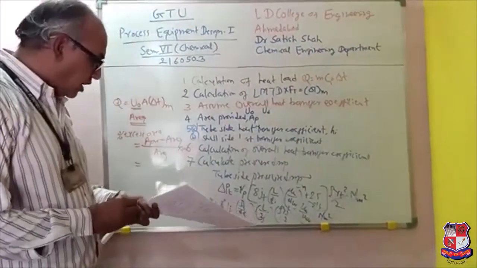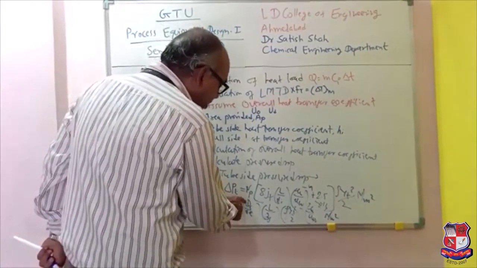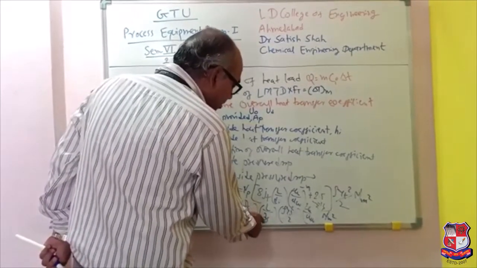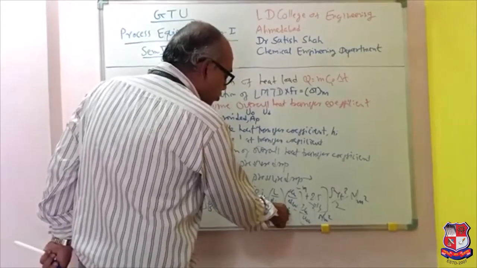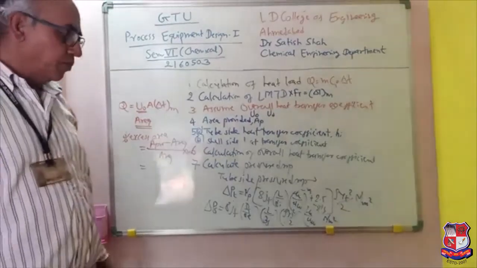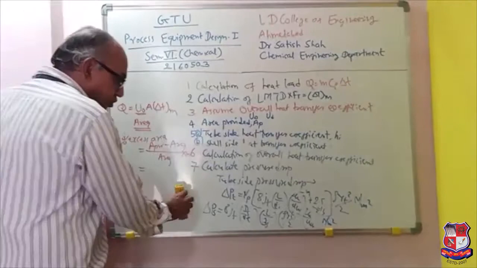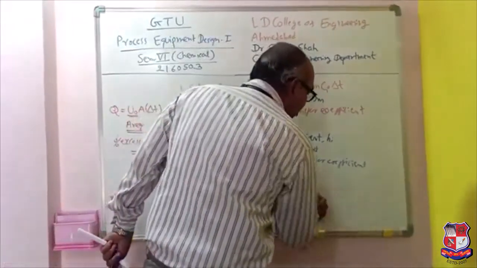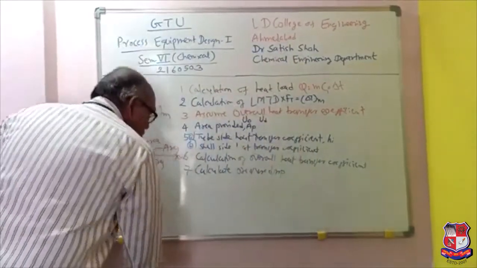Here also, JF is the factor which is given in the book chart. DS, shell ID. DE, equivalent diameter. L and BS, that is the tube length and baffle spacing. Rho, density. US, velocity of the shell side. And that will give you shell side pressure drop. So this way you will calculate the pressure drop value. If the pressure drop on both sides is less than the allowable pressure drop, then we can say that our design is okay.